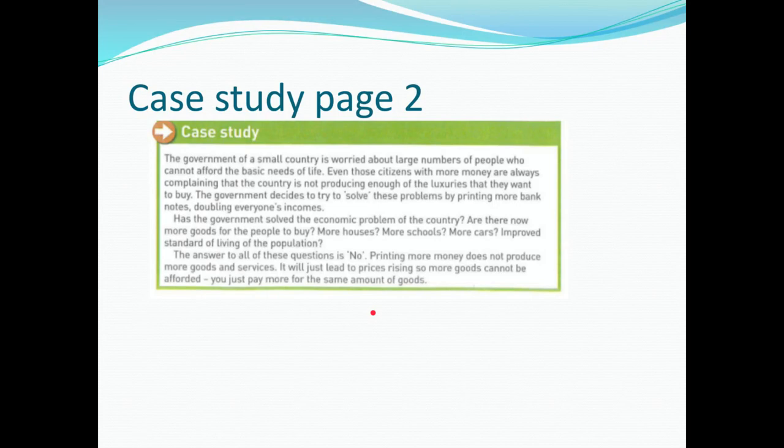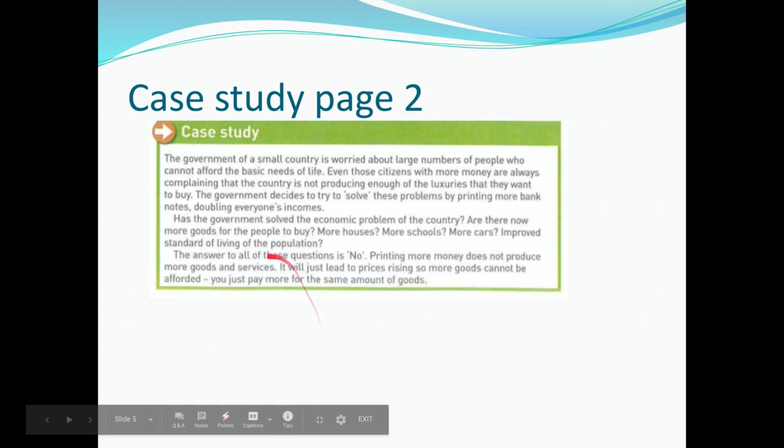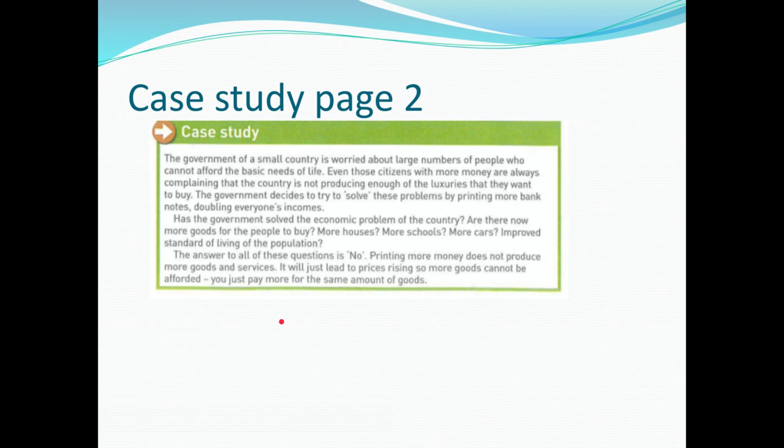Right. Now, I want you to take time while watching this video. You can do this later. You read the case study on page 2. This is maybe one of the most popular questions of people about printing of money. Why is it that a country cannot solve economic problems just by printing money? Can't we just print a lot of money and give it to people? Okay, I want you to read this case study so that you're able to understand the reason why. Okay, the answer is in the bottom part here. You spend time reading that, and then we can talk about it more when we have our face-to-face or our live sessions.